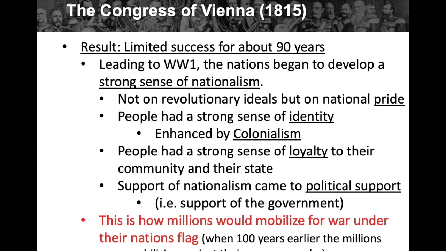Afghanistan, they fight in Afghanistan. So you see that the people have a national pride. The people have a strong sense of identity, and this is enhanced by colonialism. We're not going to have a lot of time on colonialism, but Europe really started to spread out during the 19th century, and the people wanted that